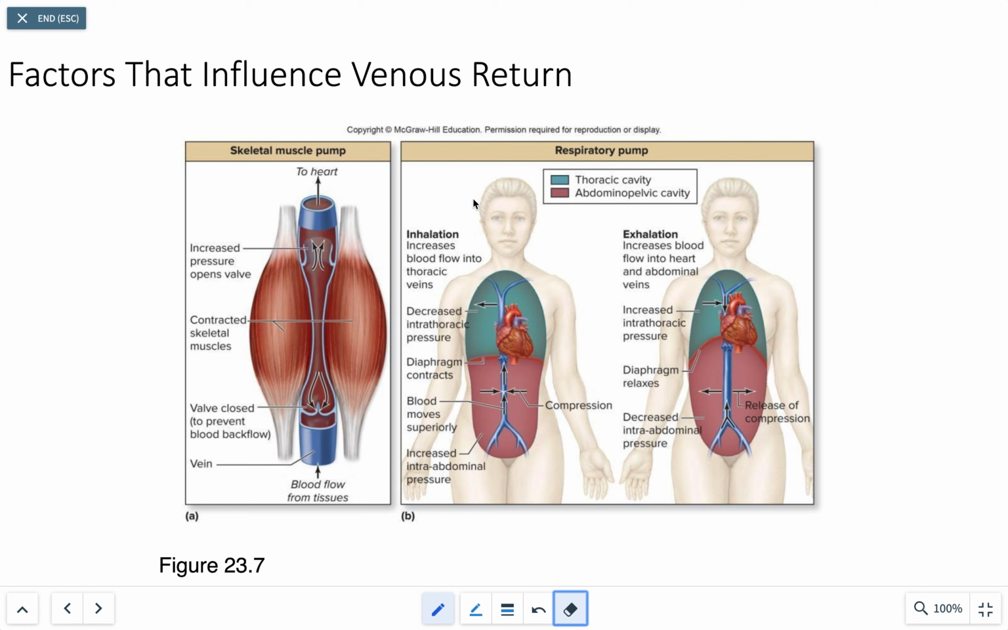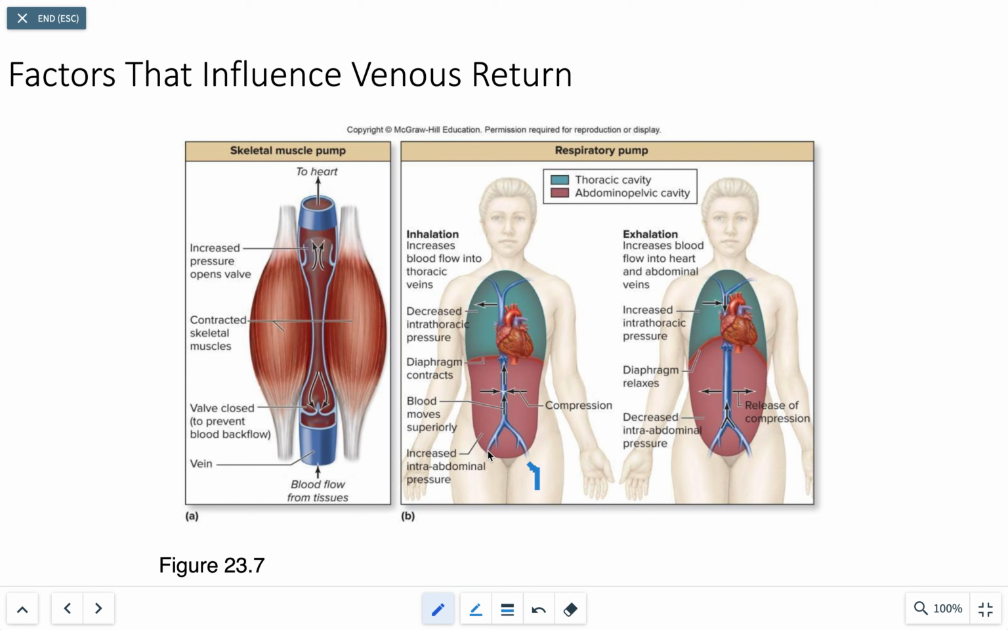The other way is seen in two areas. One would be the thoracic cavity with the respiratory pump. As you inhale, you're increasing blood flow into your thoracic veins. When you exhale, you're increasing blood flow into the heart and the abdominal veins. When you inhale, we see a decrease in intrathoracic pressure, and when you exhale, we see an increase in intrathoracic pressure. That's just in the thoracic cavity, of how we're moving blood from the lower limbs up